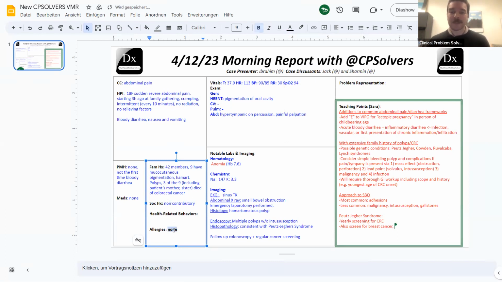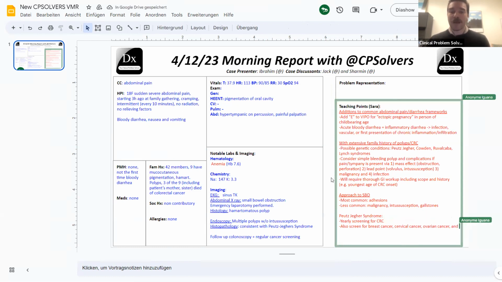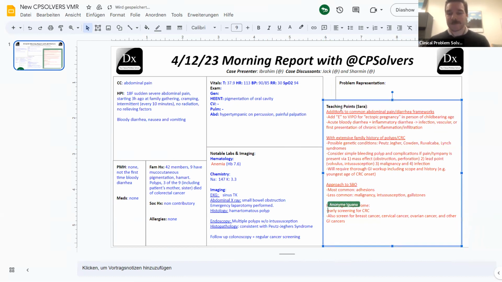I just wanted to highlight that you mentioned other cancer screening as well, to put some names to those. I don't know the data on this, but it would cue me to think about whether, from a primary care perspective, it's valuable to start early screening for these other cancers, particularly breast, cervical, and ovarian cancer, in addition to the intestinal cancers that you mentioned, because those are still quite common in the population overall, and even more common in individuals with this underlying mutation.